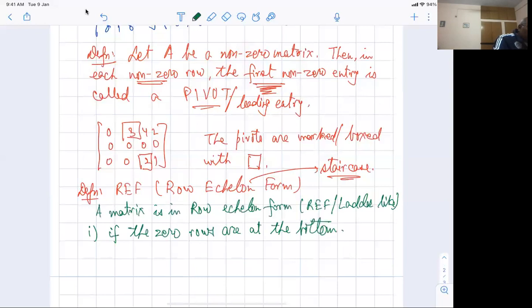So this is very, very important. The zero rows are at the bottom. So if you see here, this one, the zero row is not at the bottom, and therefore this is not in the row echelon form. All right, fine. Two,